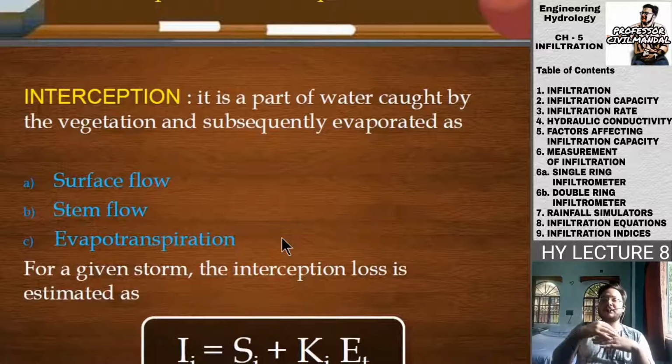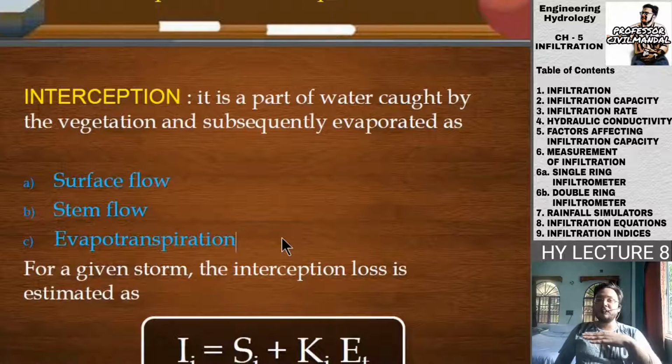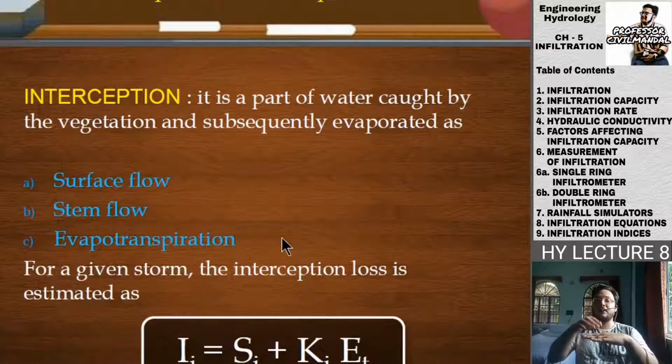So this was an explanation for the barren land. Suppose there is certain vegetation over here, certain trees are over here. I have planted some trees over here. So what will happen? The rainfall that falls over this part of the land will have either infiltration or surface runoff depending upon the infiltration capacity of the soil. But what will happen to the rest of the part, where the plantation is there? Due to the presence of these plants, not the total amount of rainfall will go under the soil.